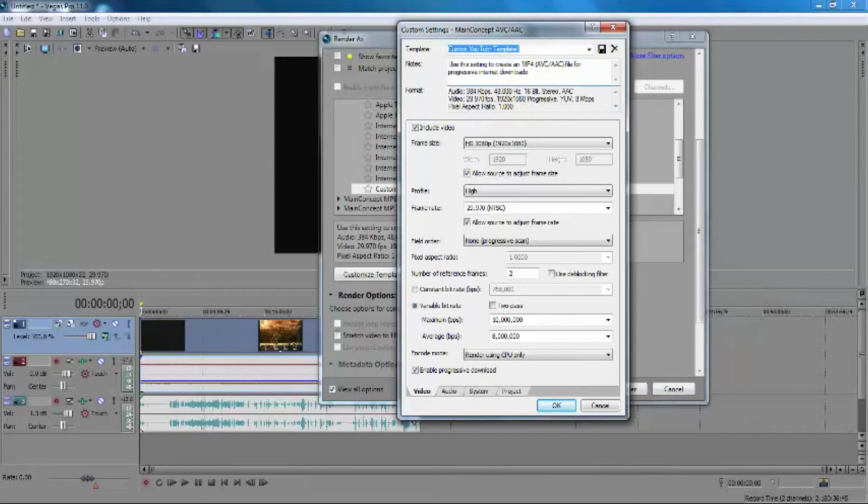And this is the best possible settings for YouTube, and I promise you that this is true. So basically what we would do, audio is set to 384 kilobits, 48,000 hertz, 16-bit stereo, AAC. Video, 29.970 frames per second, 1920 by 1080, progressive, pixel aspect ratio 1.000. So basically you would have to do HD 1080p, which is 1920 by 1080,